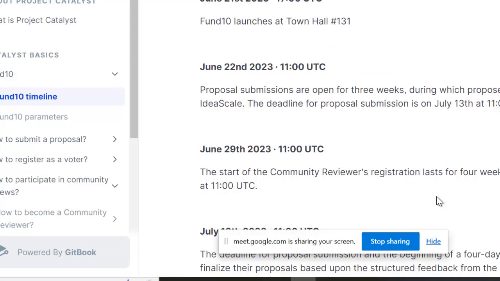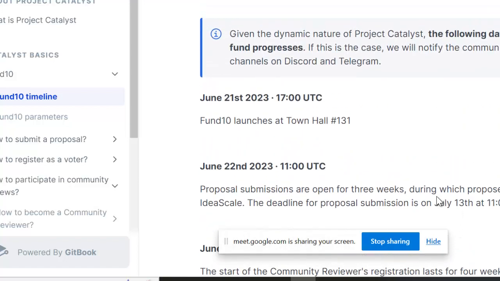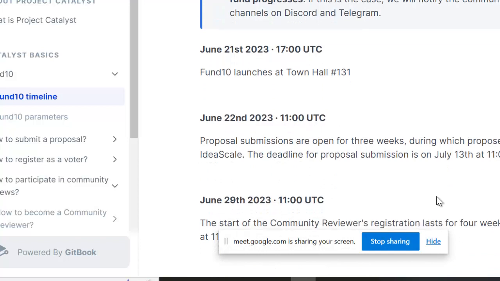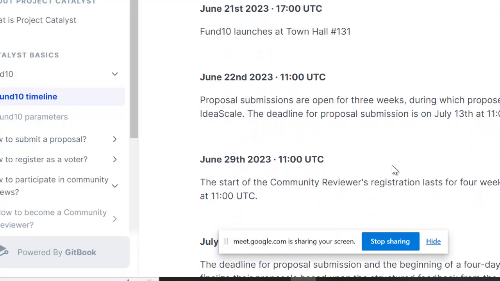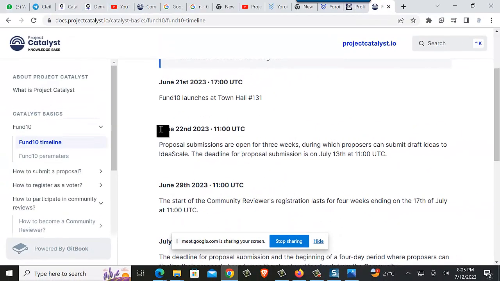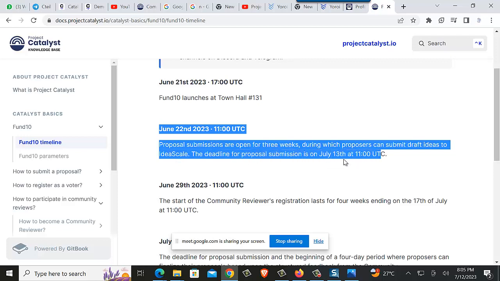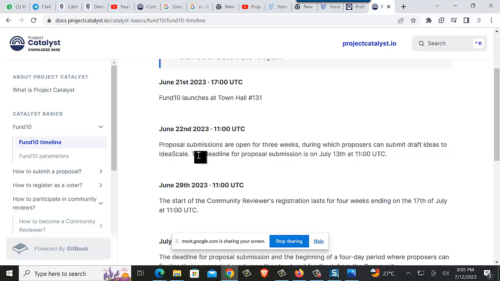Fund10 launches 21st June 2023. Proposal submission opened on the 22nd, which is still in place, and the deadline for proposal submission is 13th July at 11 UTC. I think that will be 11 a.m., so tomorrow. So that is the timeline. Then